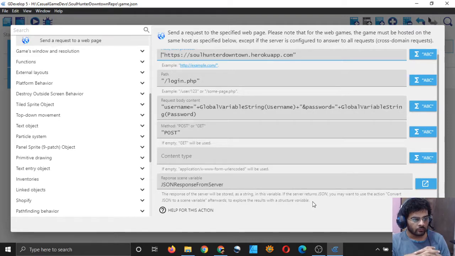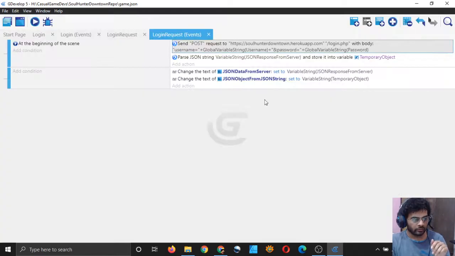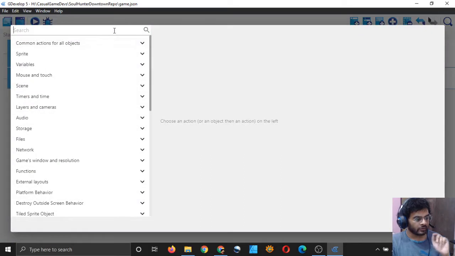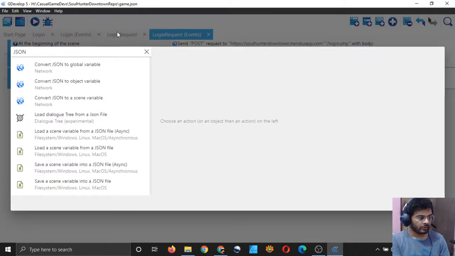So anyway, let's see if there is another action. I will again type JSON, and what I have is a scene variable where I have stored a JSON object.